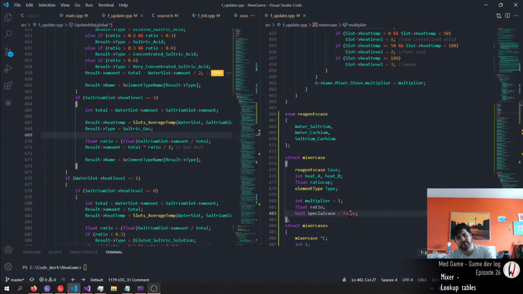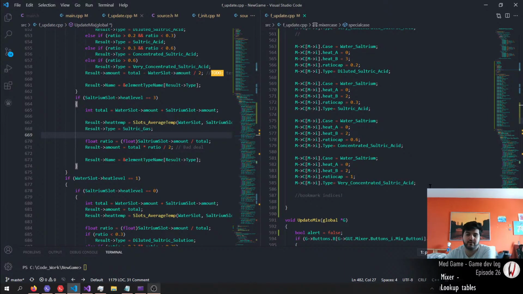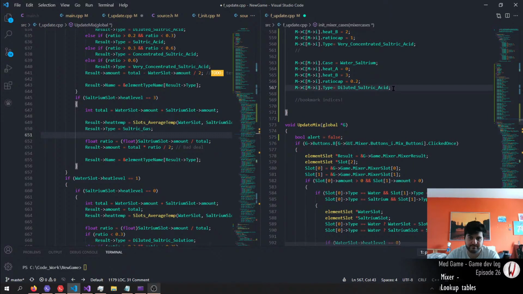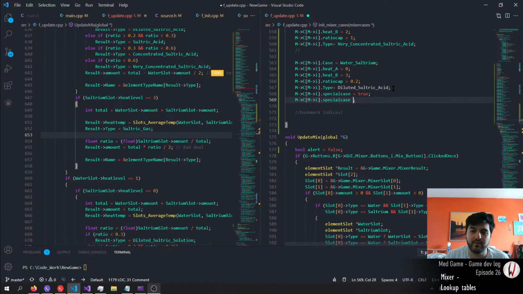These are all for a special case. So let's say in this case, special case is true, and multiplier equals